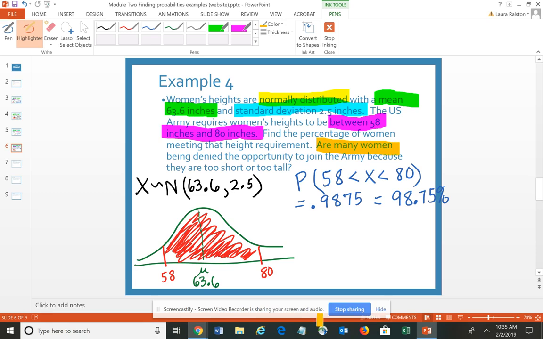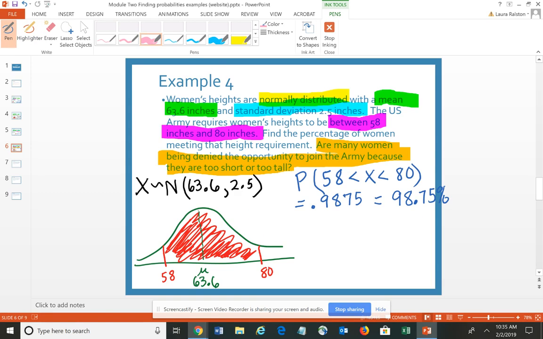Are many women being denied the opportunity to join the Army because they're too tall or too short? Well, the Army will accept 98.75% of women. So if we think about what percentage of women would not qualify, we know that our total